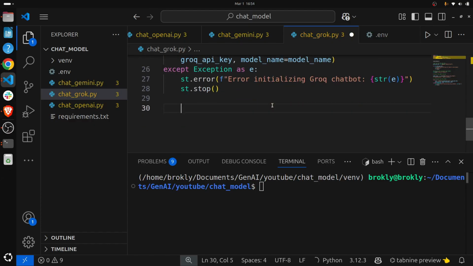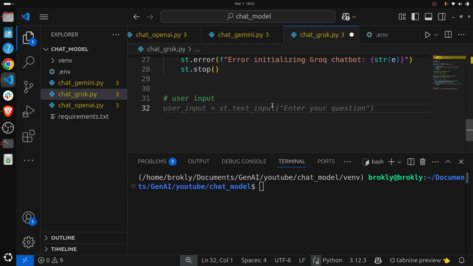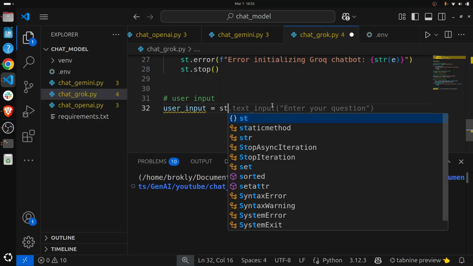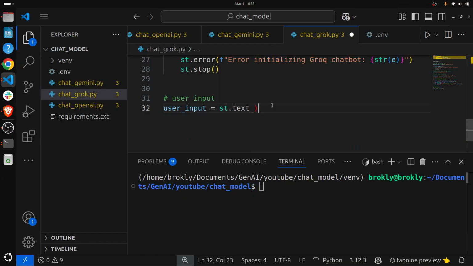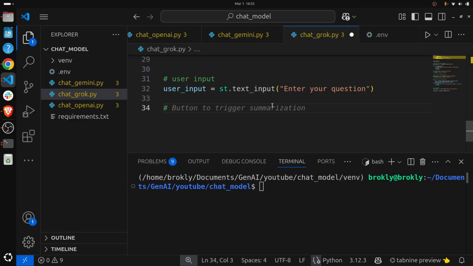Now let's take the user input here. Let's define user_input equal to st.text_input, enter your question or query, and here let's also define the button to trigger this model. Okay, so when the user clicks on this button, then the model should respond to the query of the user. Okay,